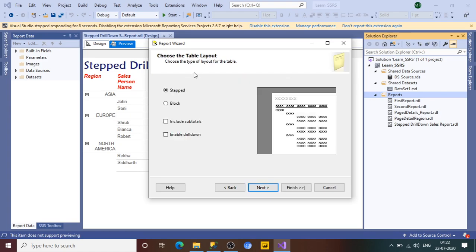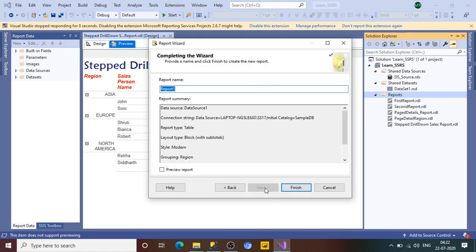Now it is asking the table layout. In an earlier session we have learned how we can create the stepped layout, and this time we will see how we can display it in block format. If you display it in the block format, there is an option, include the subtotal. If you wanted, you can check this out as well. So let me click it, and let me click on next, and we need to give a nicer name, block report.